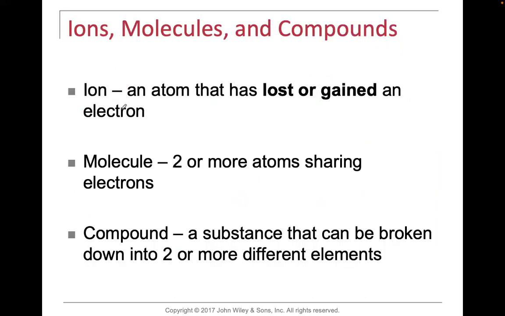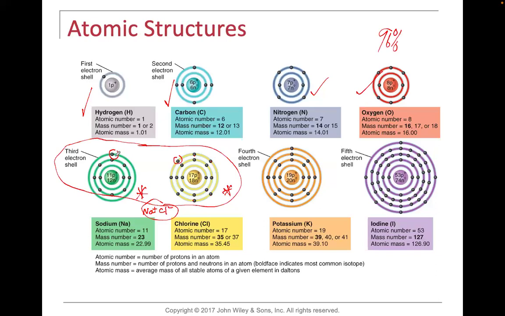Okay. An ion is an atom that has either lost or gained an electron. Now, an electron is negative, right? Protons are positive. So if I'm losing an electron, let's say this electron, because it's in this outer shell, we want 8 here, but there's only 1. If I say, hey, I want to give this to someone, maybe I'm going to give it over here. So sodium is losing